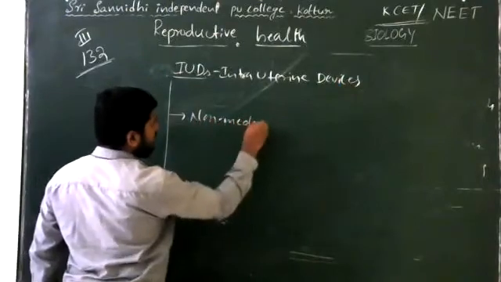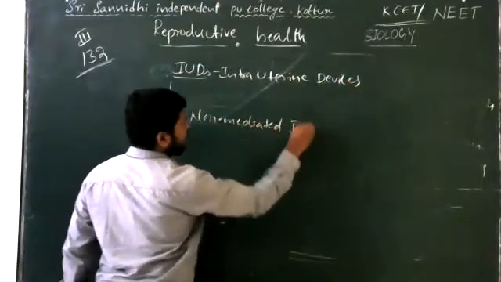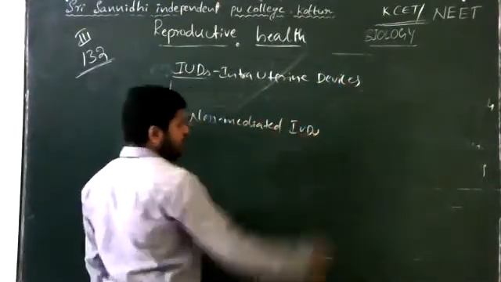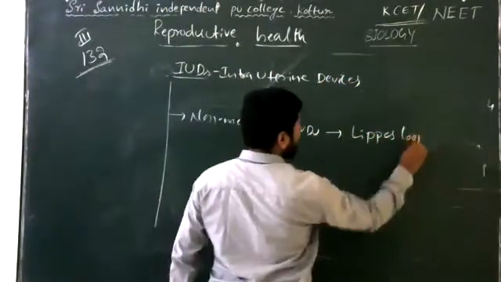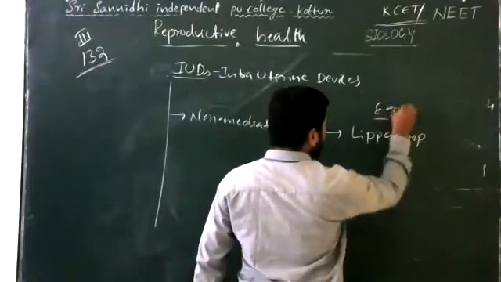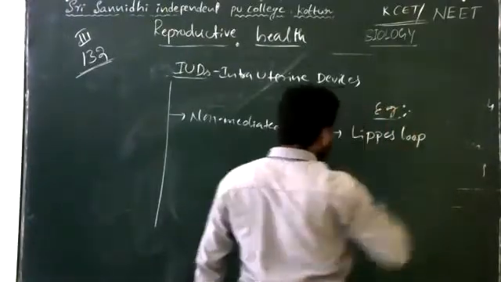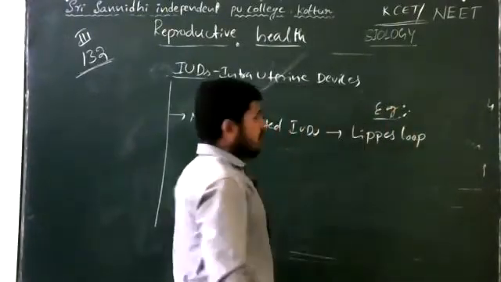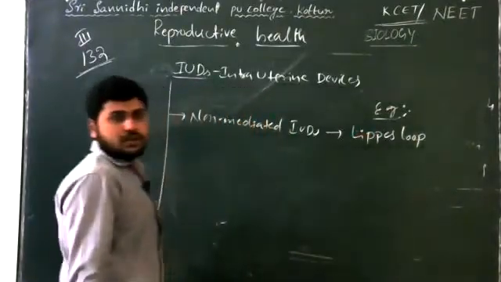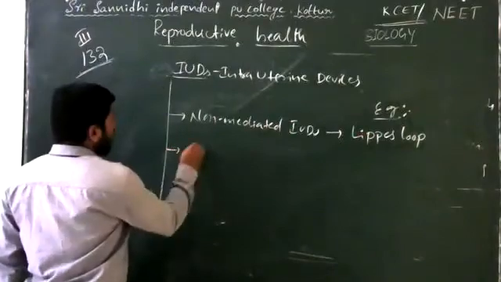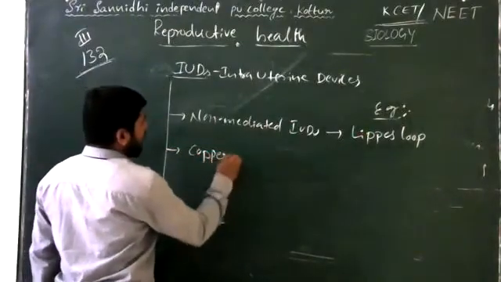non-medicated intrauterine devices. For example, Lippes loop. It is an example for non-medicated intrauterine devices. These are involved in the phagocytosis of sperm within the uterus. Copper releasing